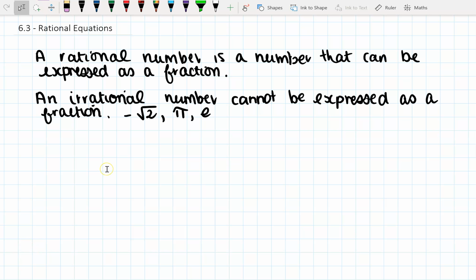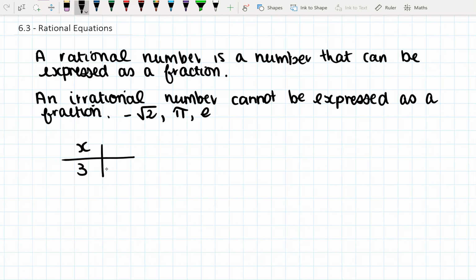Basically, when we're talking about things that are rational, they're things that can be written as a fraction. Basically that's most numbers. For example, 5 can be written as a fraction as 5 over 1. 2.3 can be written as a fraction as 23 over 10. There's lots of different things like this, and these are all rational numbers. So a rational equation is obviously an equation that has a fraction in it. Typically you're going to see that in a ratio table. So when we have a ratio table and we have something like